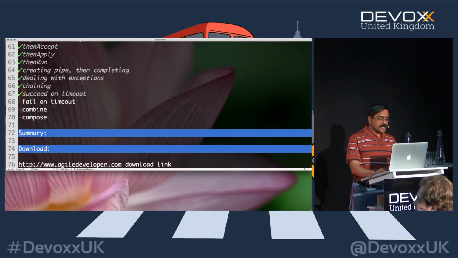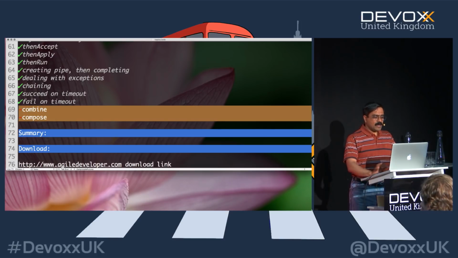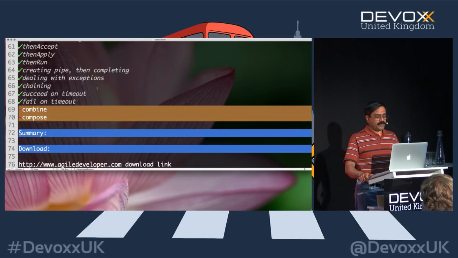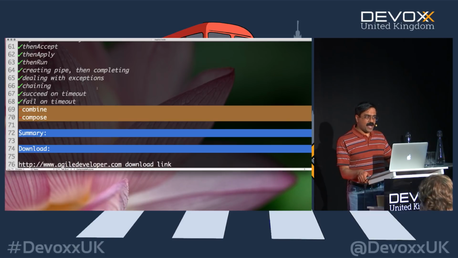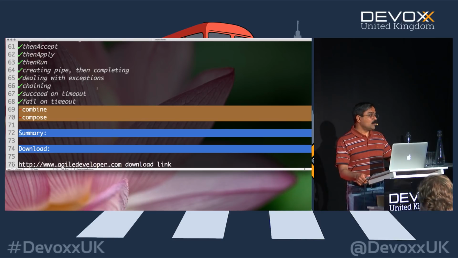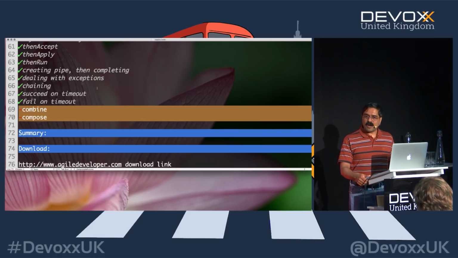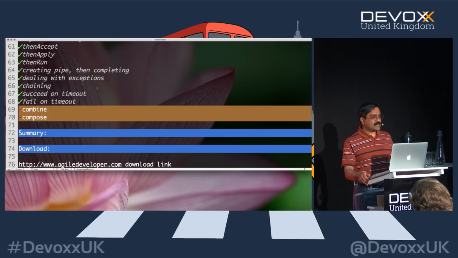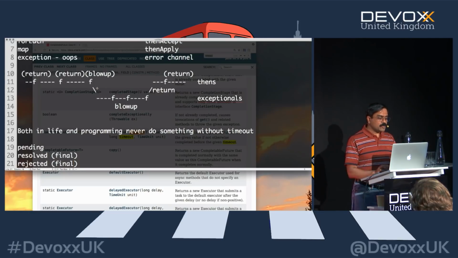So we talked about succeed on timeout. We talked about fail on timeout. So far, so good. Then come 2 methods, and at least when I looked at them, I got pretty confused. Combine and compose. What does it really mean? Well, keep in mind, Java is statically typed. JavaScript is dynamically typed. There are things you can do in JavaScript that you cannot quite easily do in Java because the type checking is going to intervene with what you're doing. Let me step back and talk about that real quick, and then we'll talk about why these differences exist.